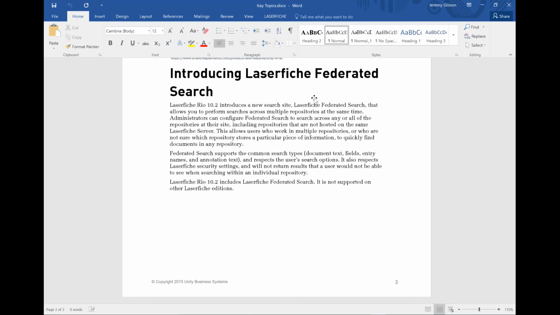This is going to help you out tremendously. It tells you that you've got document text searches, fields, entries, names, annotations, etc. It's the same search that you're used to. It's just now allowing you to do that amongst multiple repositories. I will tell you that